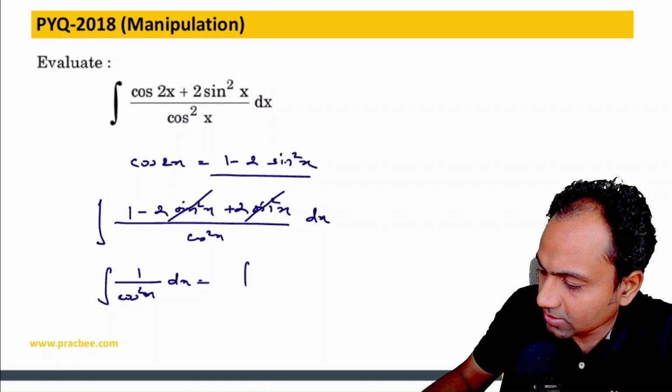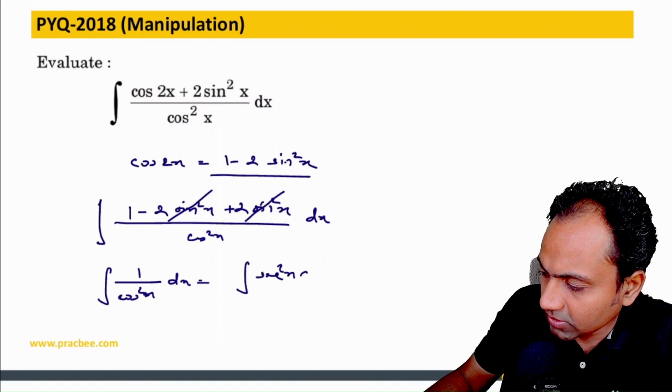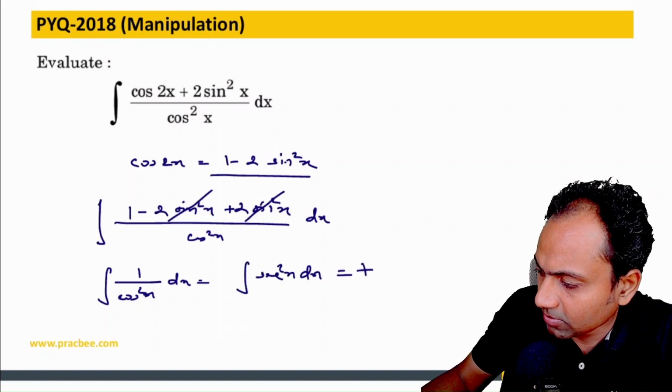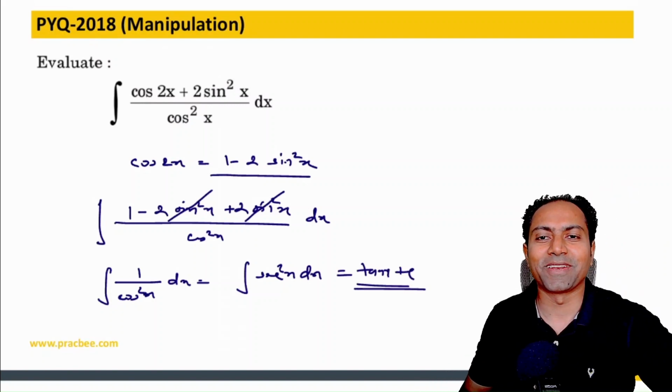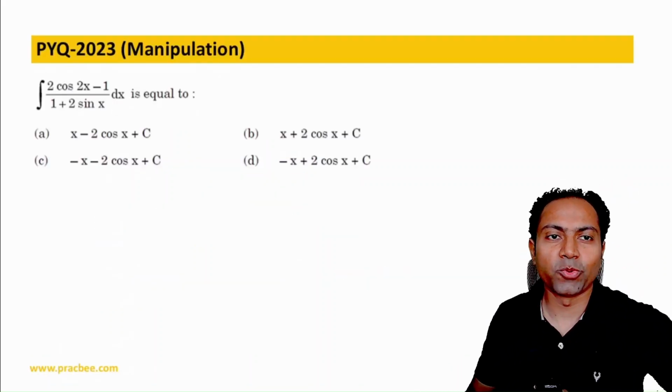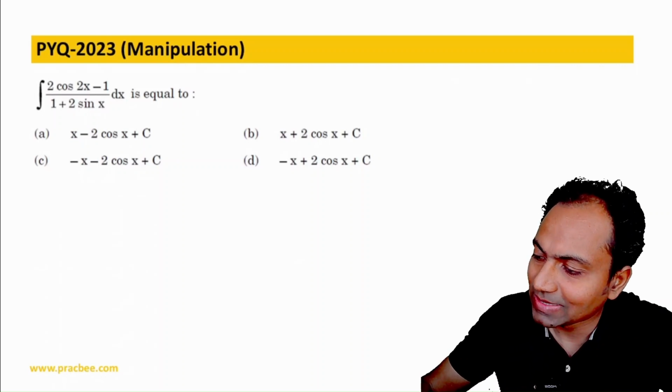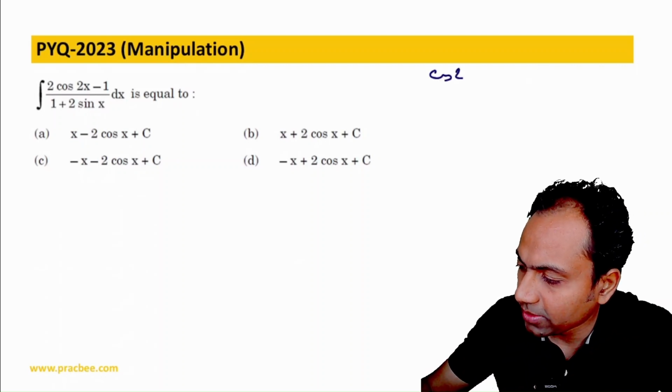That can be written as nothing but the integration of sec square x dx, and that becomes nothing but tan x plus c. Extremely simple question based on a simple identity. And now if you look into this 2023 question, you should realize that these basic formulas like